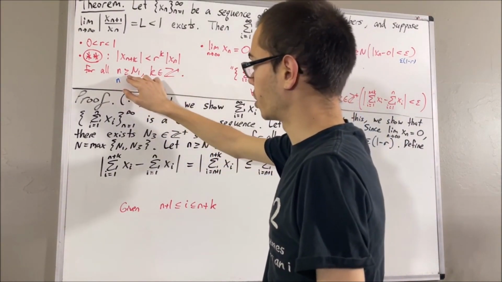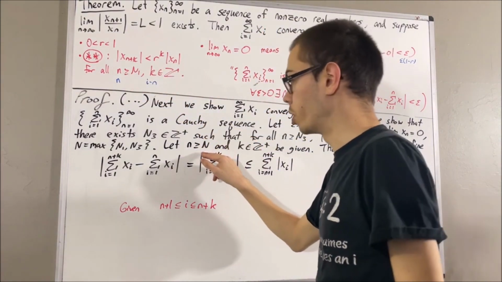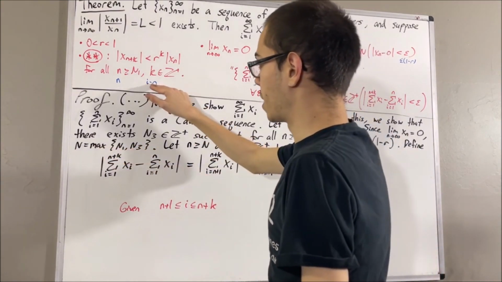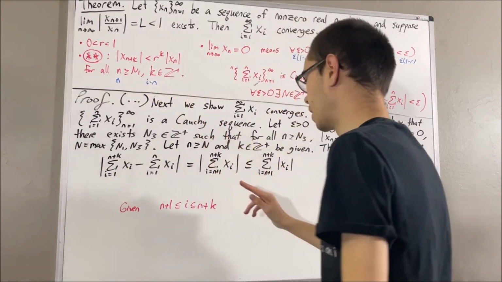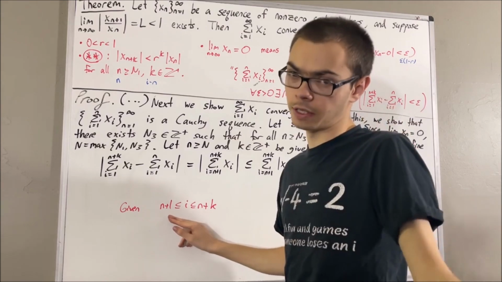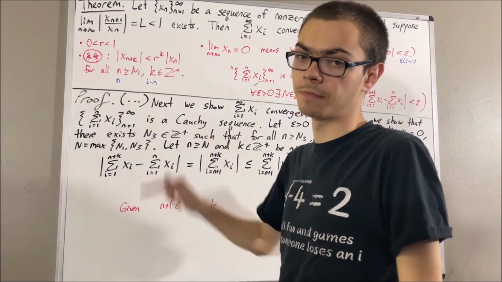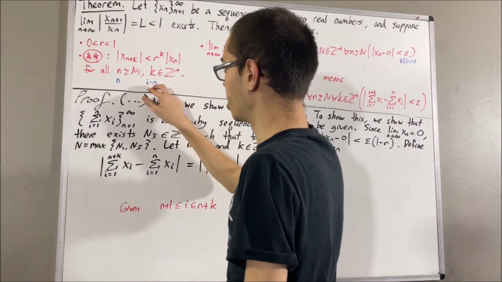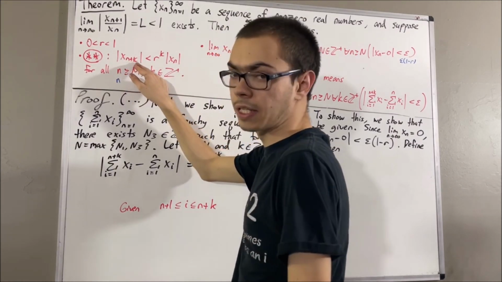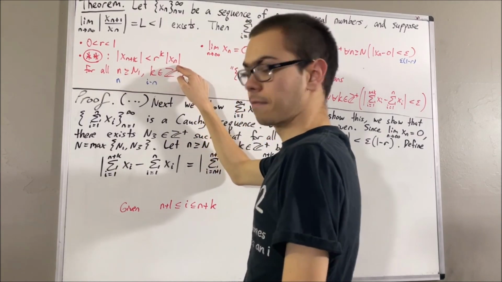The reason why n is greater than or equal to capital N1 is because n is greater than or equal to capital N, which is greater than or equal to capital N1. The reason why i minus n is a positive integer is because i is greater than or equal to n plus 1, which is strictly greater than n. So really, the reason why i minus n is a positive integer is because i is strictly bigger than n. So with these two substitutions, we get the absolute value of x of n plus i minus n is less than r to the power of i minus n, times the absolute value of xn.